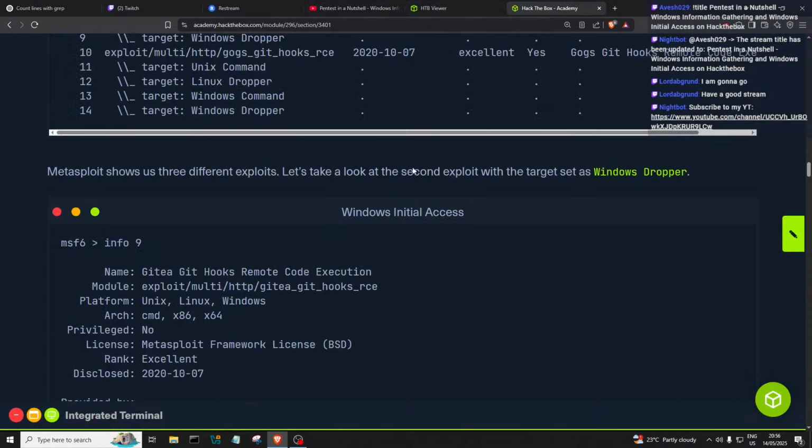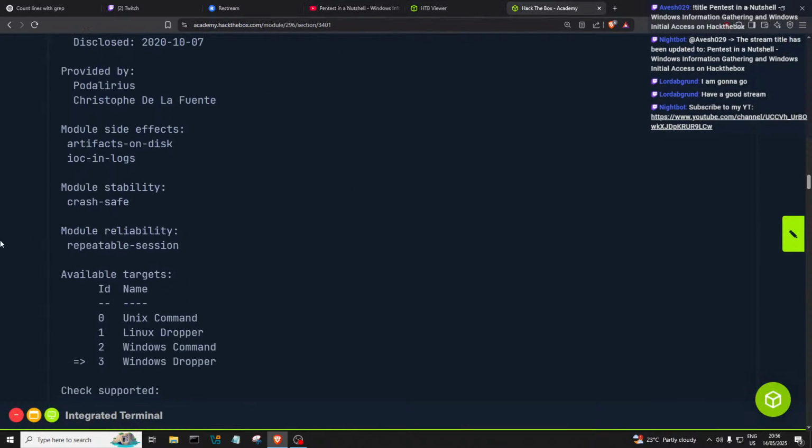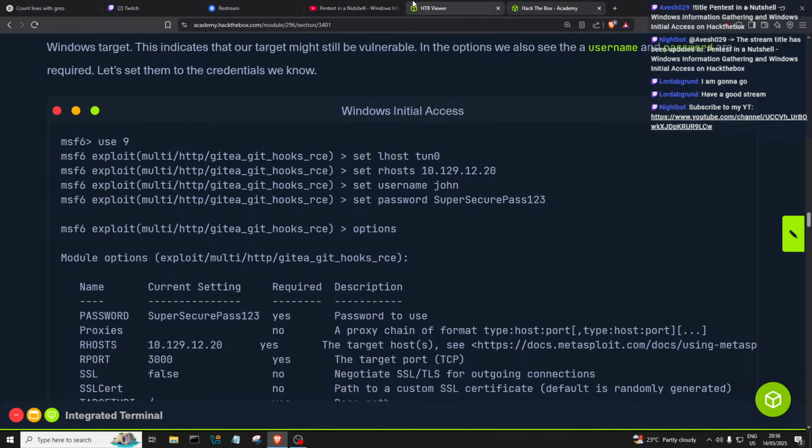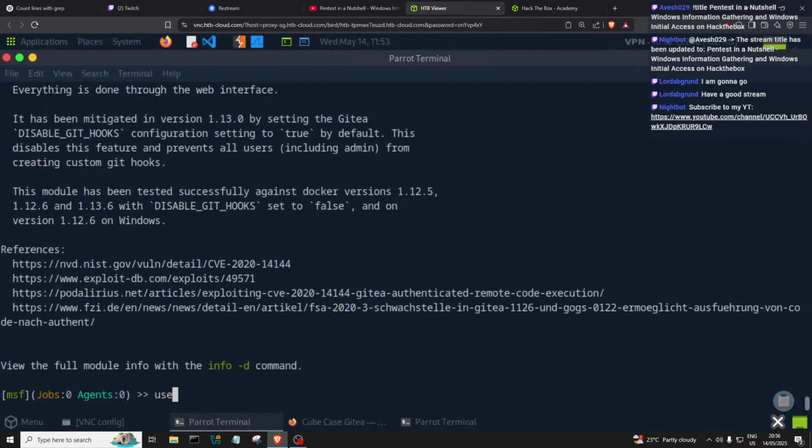So let's go ahead and keep going here. The description states that the vulnerability has been patched in version 1.13, which is higher than what we have found on our current Windows machine, exactly. This indicates that our target might be vulnerable. In the options, we also see a username and password are required, which yeah, we have. So let's use that. Use 9,